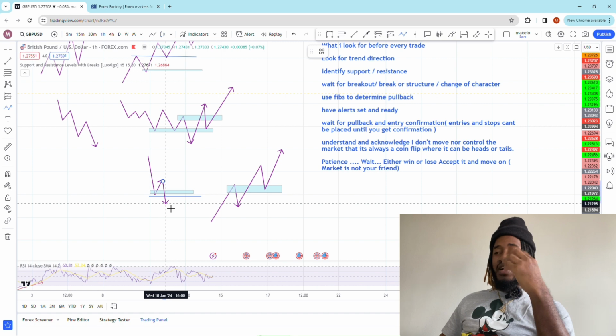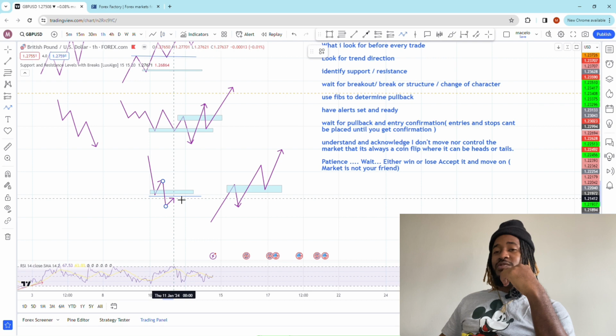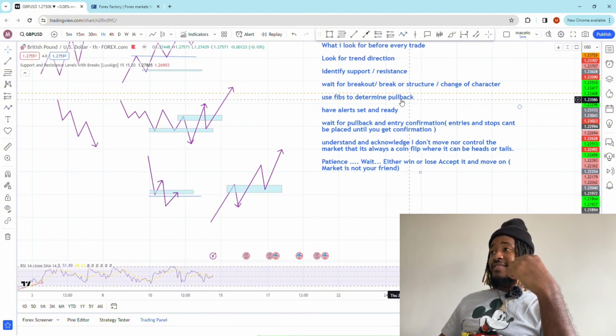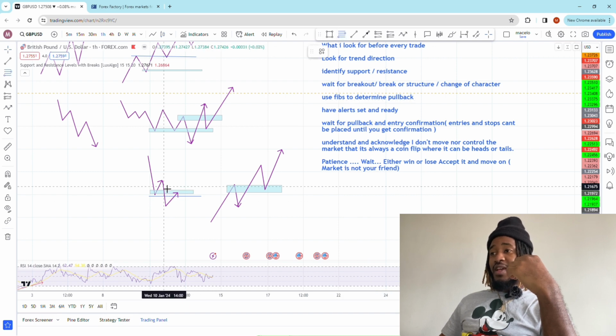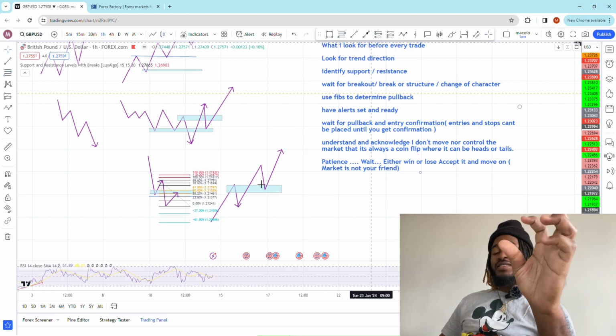Price has broken XYZ. So now what I would do, I would set another alert right back at that zone, and we'll see if price can pull back to that zone. So if price pulls back to that zone, I would get an alert: sell opportunity. A sell opportunity doesn't mean I'm going to enter the trade, but now it means that I can start to add my fibs onto the market. So I can start to add my fibs to say, okay, I have an impulse and I have a correction. Let me see how far this pullback can take me,